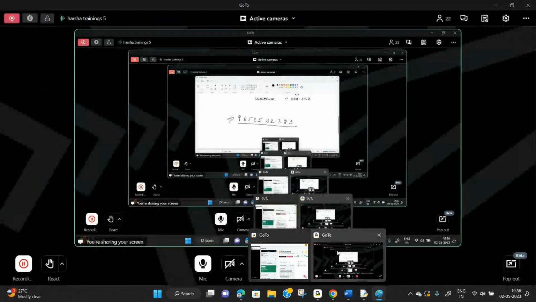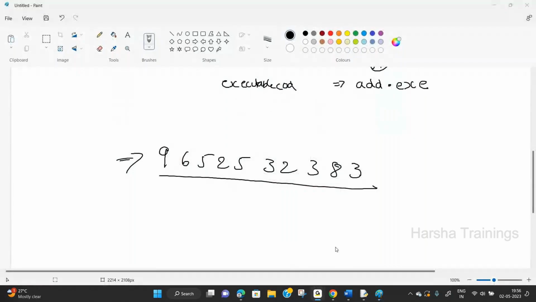Once the batch is finalized, in the sense that all the payments are completed, a WhatsApp group is created with all the members, along with me also. My number is also visible to everyone, no problem. If you have any doubt, you can post in that group. If I am in a position to solve it, I can solve it. If any other person has already solved it, you can discuss also. Anyone can share any information. Approximately from Monday onwards, the WhatsApp group is created.